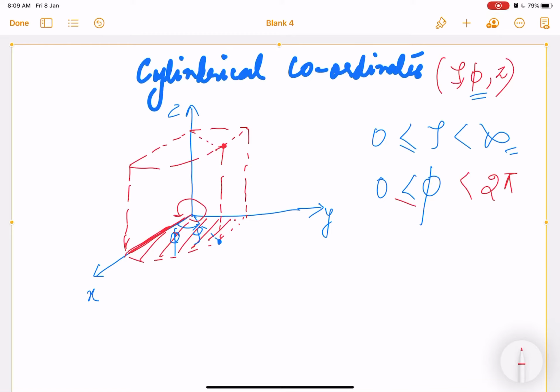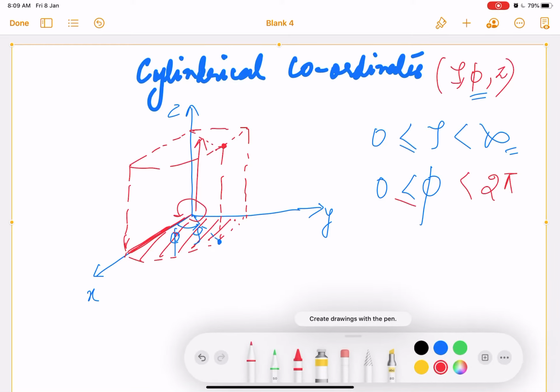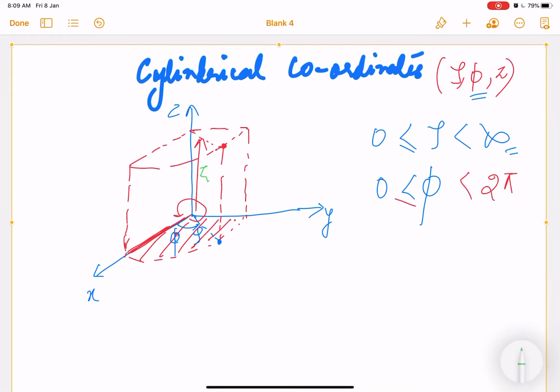Well, the height of your cylinder is along the z axis. You can see this. This is the height of your axis. Okay, this is z. So z again can vary. You have a limited height cylinder, yeah. But my cylinder can vary from 0 to whatever the height is. It can even go up to infinite.